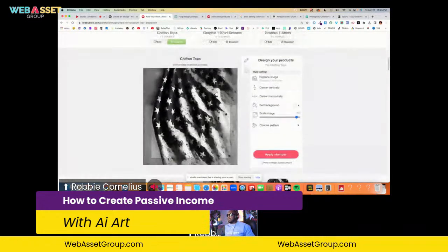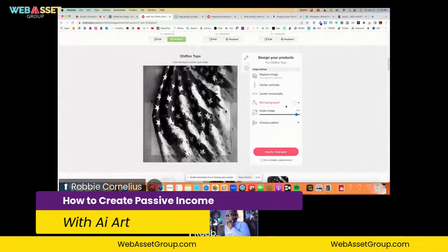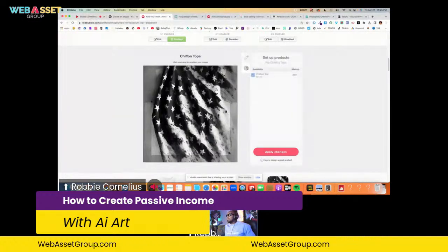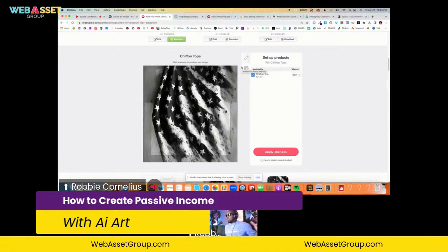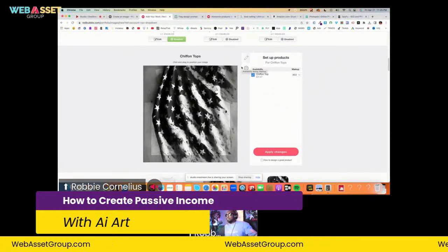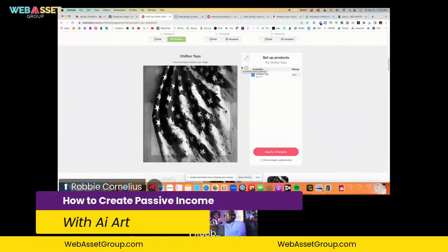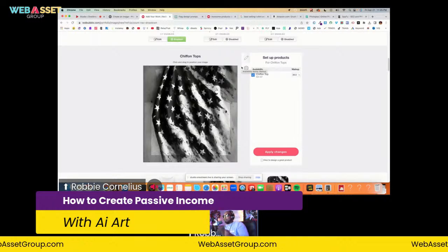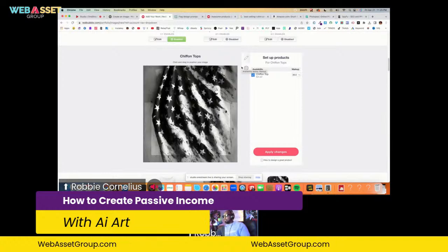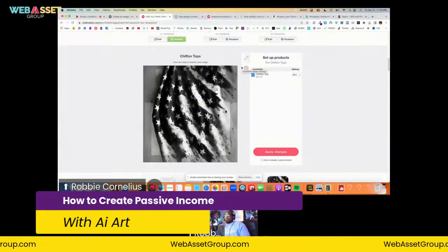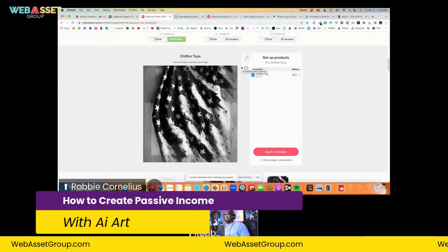I'm going to click on that design right there. And as you see, it's covering that entire shirt. Another thing you want to do is you want to go in here and look at the commission. So here's how this is going to work. You're uploading this artwork to Redbubble. You're not going to have to ship it. You're not going to have to deal with customer service. All you're doing is uploading artwork. When the product sells, when the t-shirt sells or the sticker sells, Redbubble is going to make that item for you and send it to your customer on your behalf, and you're going to get a commission.